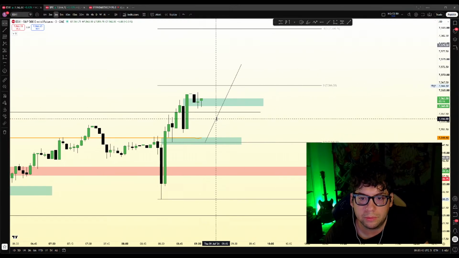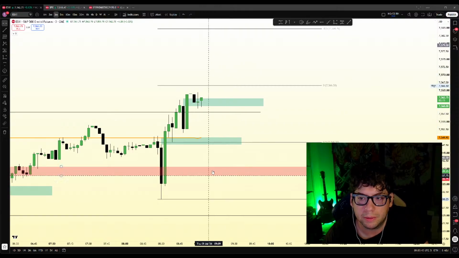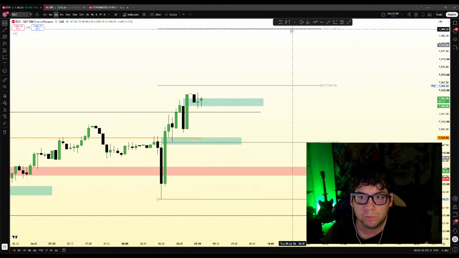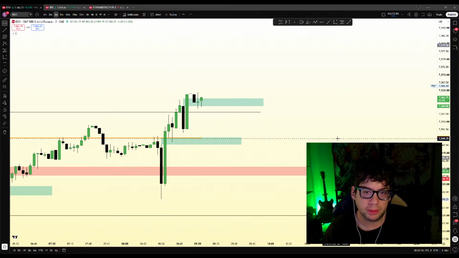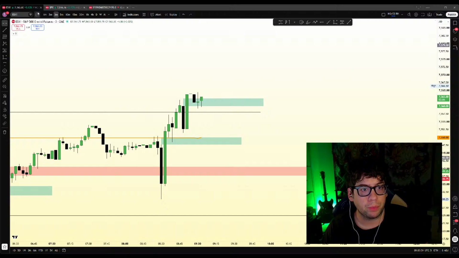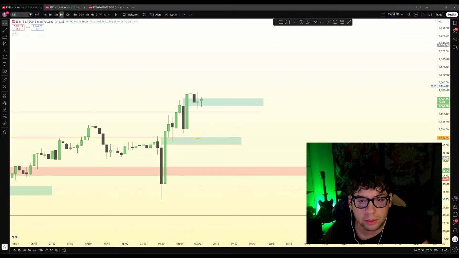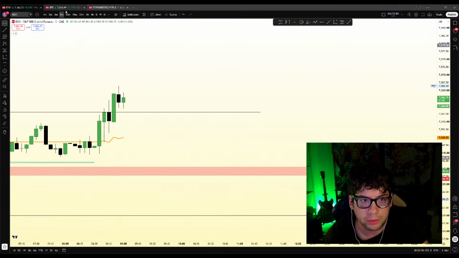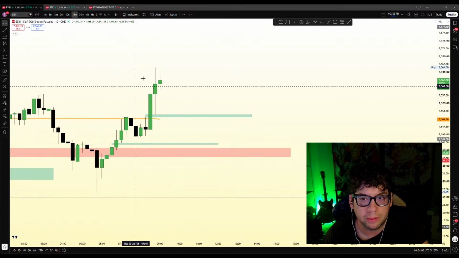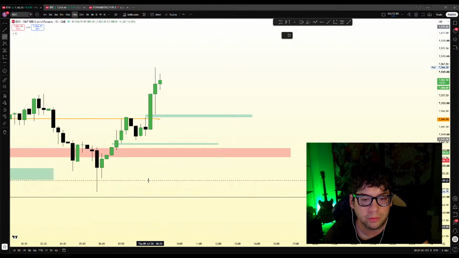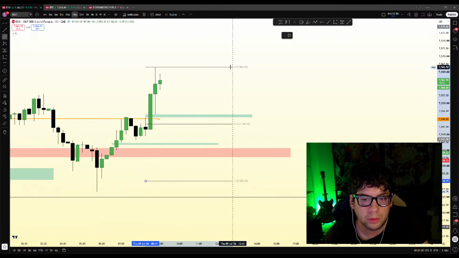Right now, I'm not seeing anything I like for longs at all. Now it might just keep buying. That happens all the time. But as I wait, we'll see what happens. A couple different time frames here. On the 15, there's a fair value gap down below.